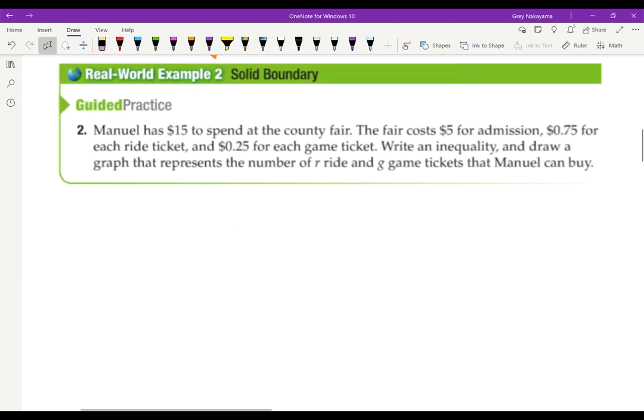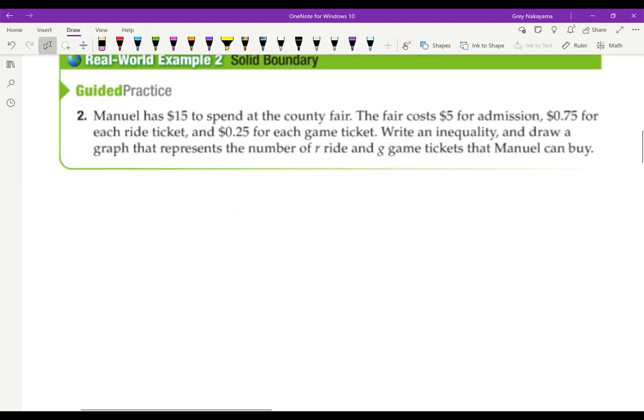Manuel has $15 to spend at the county fair. The fair costs $5 for admission, 75 cents for each ride ticket, and 25 cents for each game ticket. Write an inequality and draw a graph that represents the number of R ride and G game tickets that Manuel